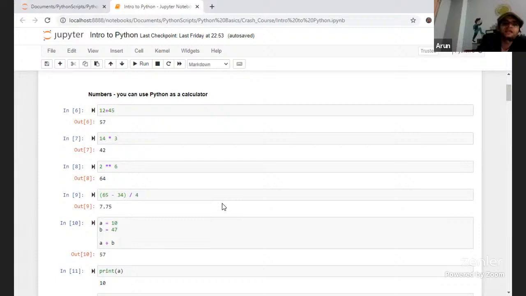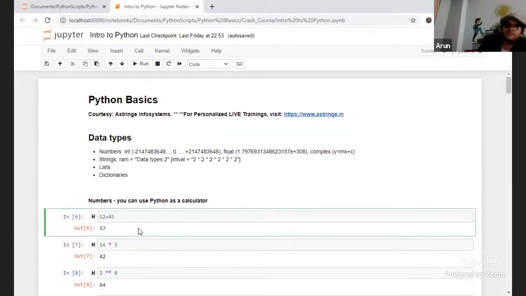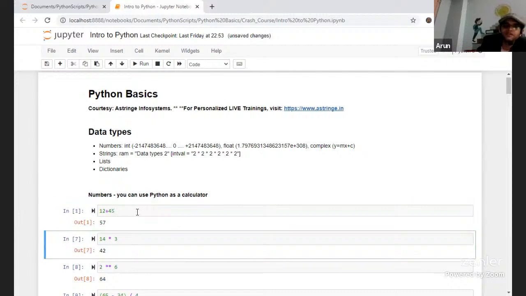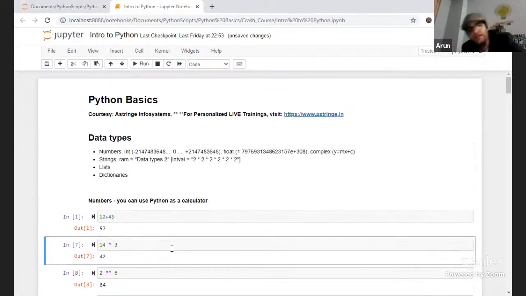Now here, if I take the example of 12 plus 45. This is a Jupyter notebook, and it generally has two sections. One is the execution code, also called the command code. The execution place is where you interactively provide the system the command you want to execute. When you put 12 plus 45, the system understands that you want to add 12 with 45, and when you press Shift Enter, it provides you the output. In this case, some outputs are already showing because I have executed earlier, but just to give an idea, this is how it works.